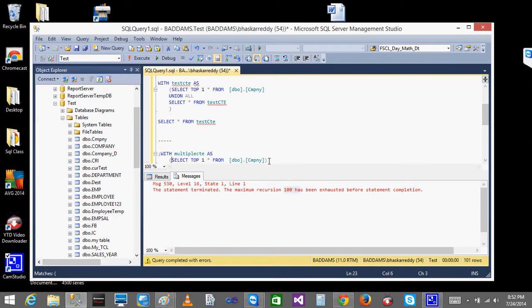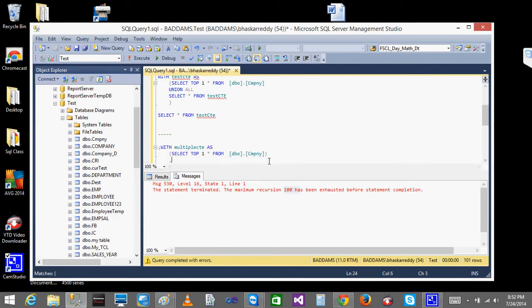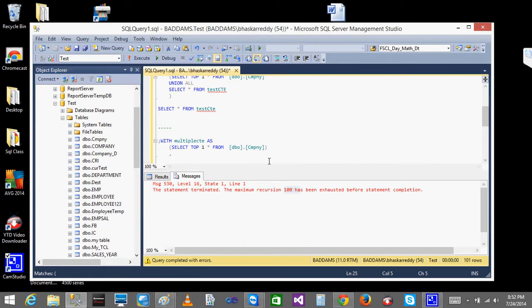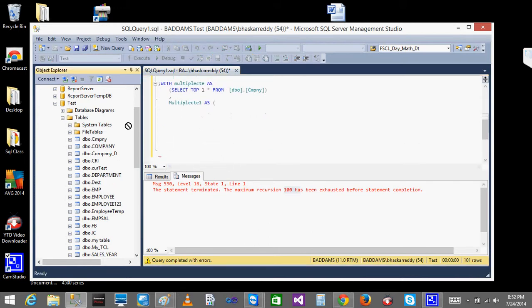If I want to create the other CTE, just after this give a comma, then the CTE name, and AS, whatever you want. I'll name it multiple CTE1 AS, whatever I want I can give here. It is a company table, right?